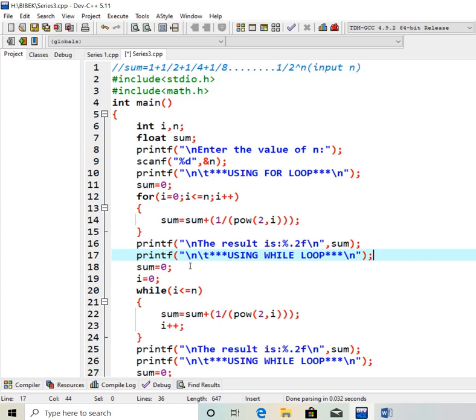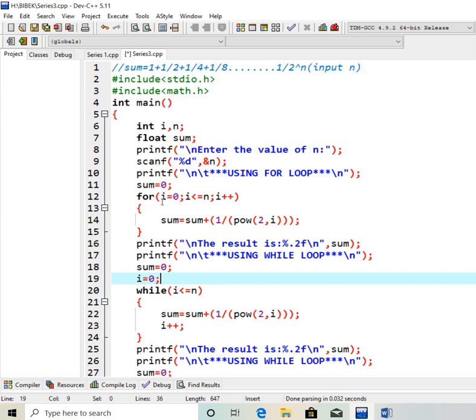So we have to again initialize the value of sum, that is 0, and I is also 0. You have to again initialize the value of I, that is 0, because after executing this for loop the value of I will be n plus 1.